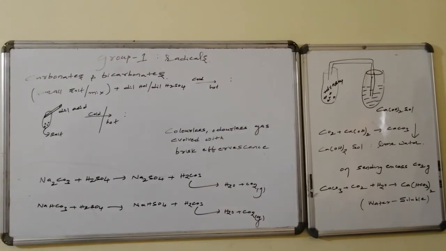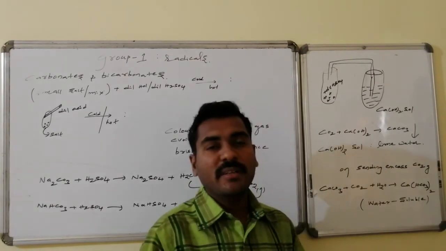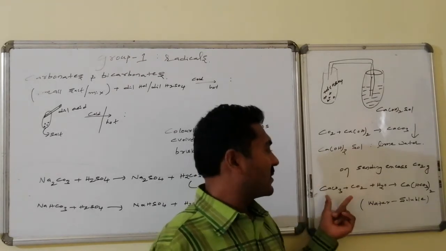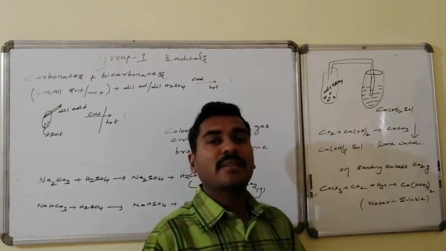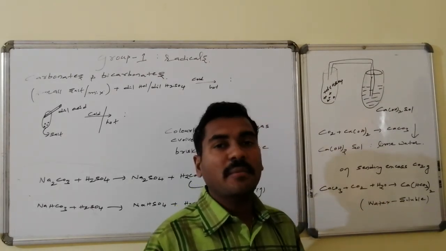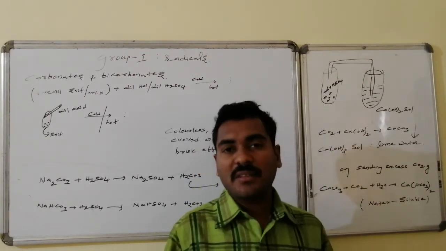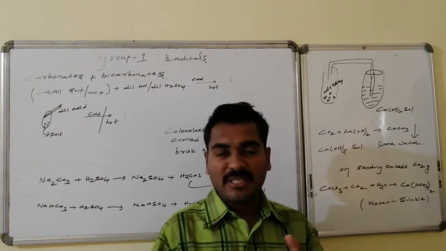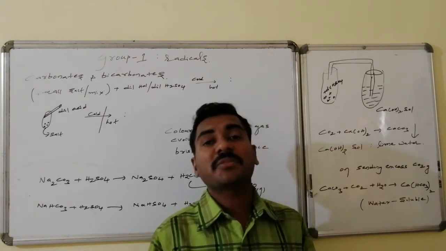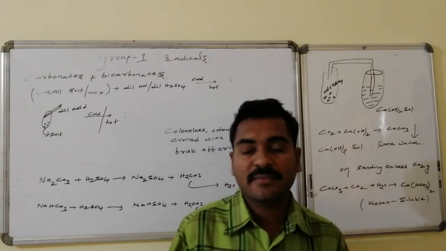On sending an excess amount of carbon dioxide gas to the lime water, first of all it forms calcium carbonate, a white precipitate. If carbon dioxide gas is sent to that white precipitate also, the calcium carbonate and the carbon dioxide present in water once again recombine, and that leads to the formation of calcium bicarbonate, which is present in the dissolved state. So that is water soluble. That is, the precipitate formed first underwent dissolution and forms a clear solution. It confirms that the evolved gas is carbon dioxide.